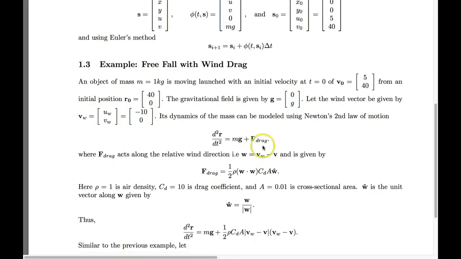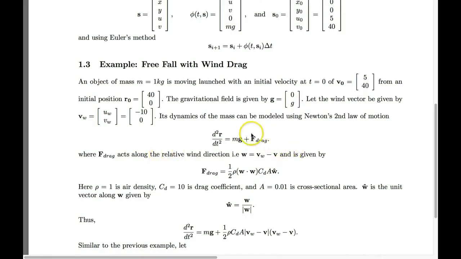If you remember from your fluid mechanics class, this drag force is proportional to the density of the fluid, but also the square of the velocity with which the object is moving through the medium. So in this case, if the wind velocity, which is v sub w, has some value, and the velocity of the object has some value, it's the relative wind direction and wind velocity that